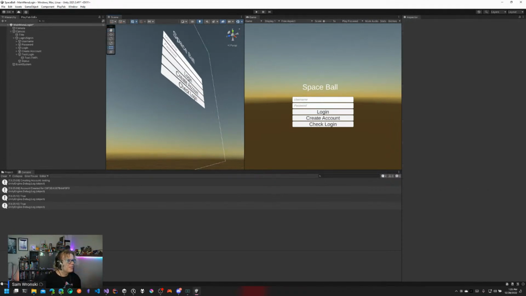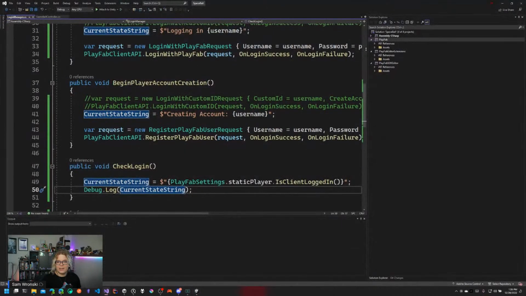So we can get rid of this after our login and create login stuff. Let's go and I think